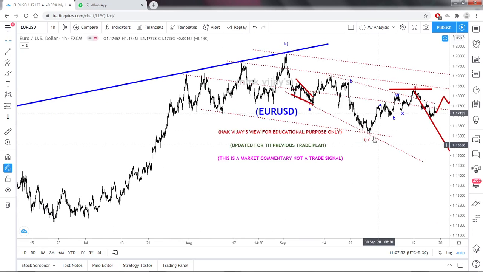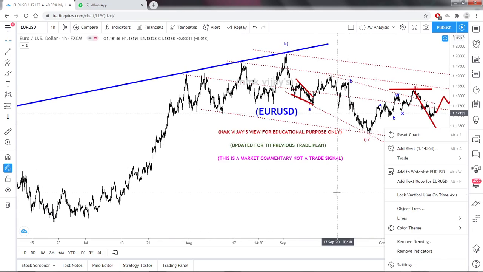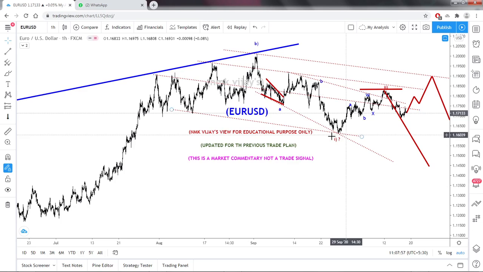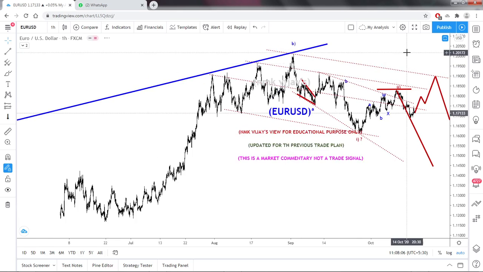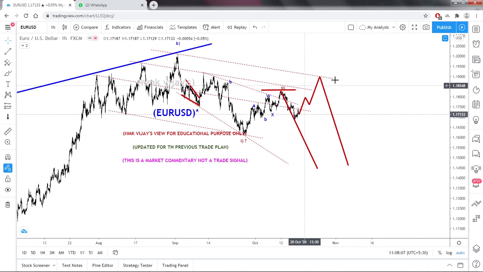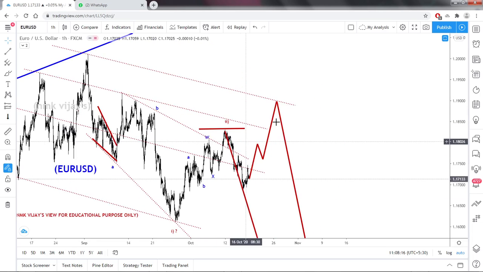So we can make it as an ABC 1 I have made, but ABCA is also valid, and then again beyond the B wave or second wave, the C wave could be one more diagonal triangle also. That I will explain later, but here one three-wave structure has completed, which I have marked as a 1, and we are on that second wave.